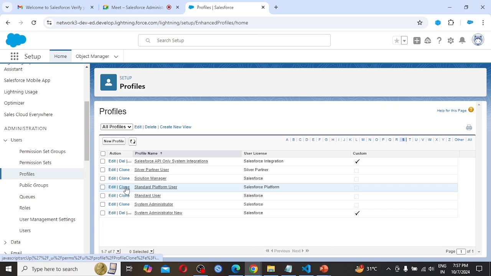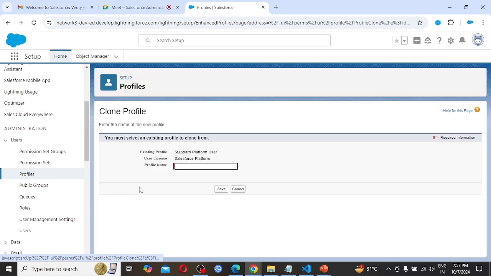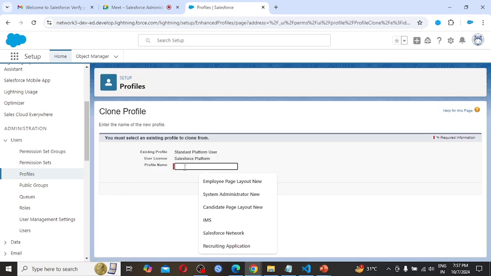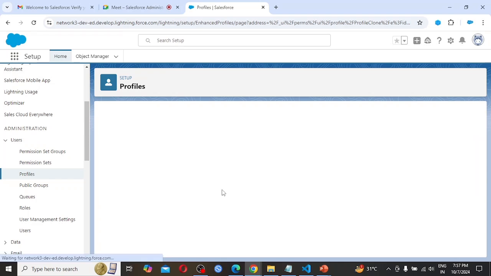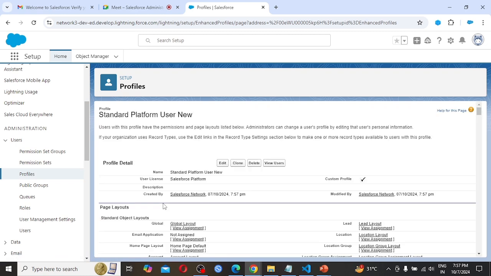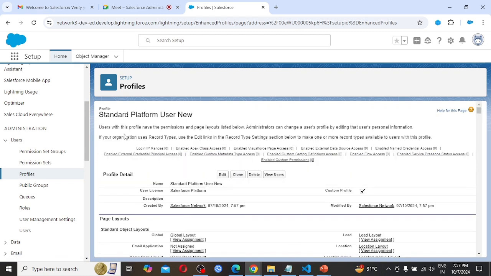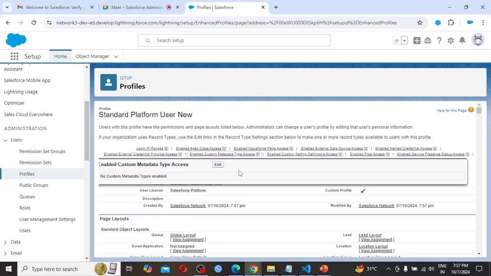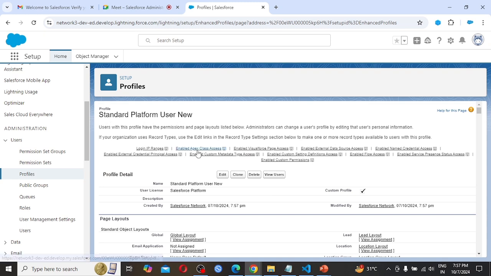I am making a clone of this standard platform user and giving it the name Standard Platform User New. Hit the save button. So I have created the clone of standard platform user by the name Standard Platform User New.